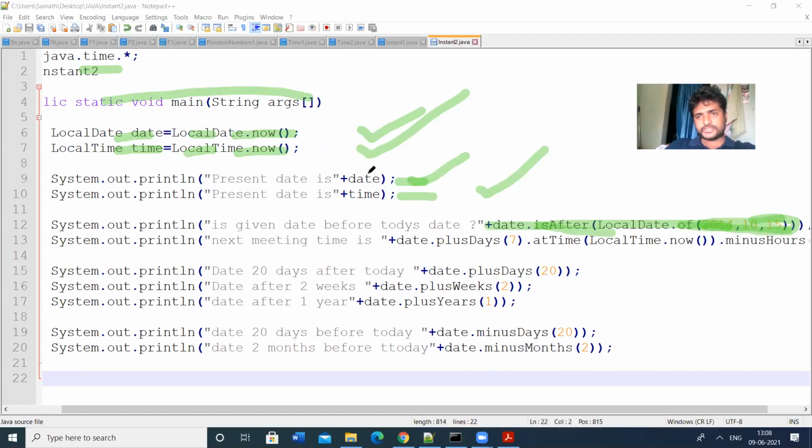So date.isAfter is a method used to compare two time instances, with LocalDate.of of this one. The given date is 15/10/2014. The current date is 9/6/2021. So these two are compared.